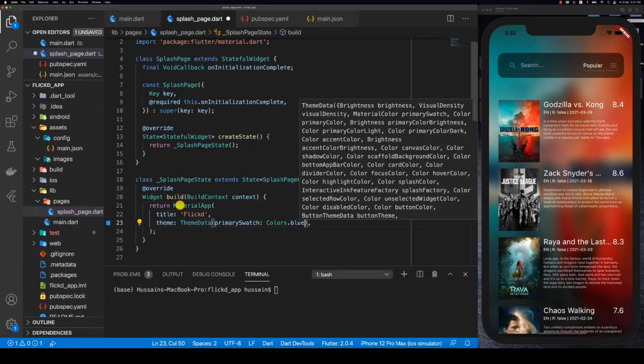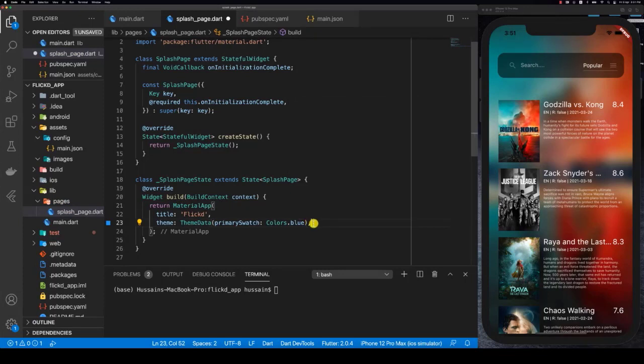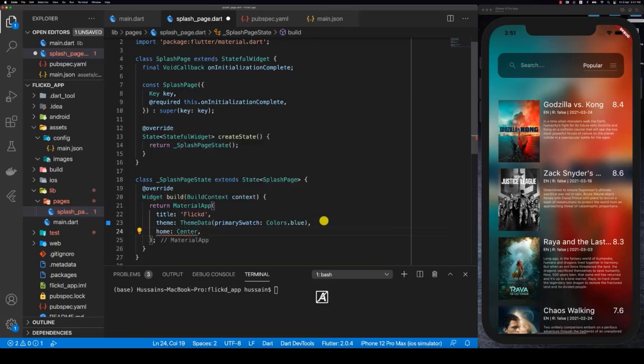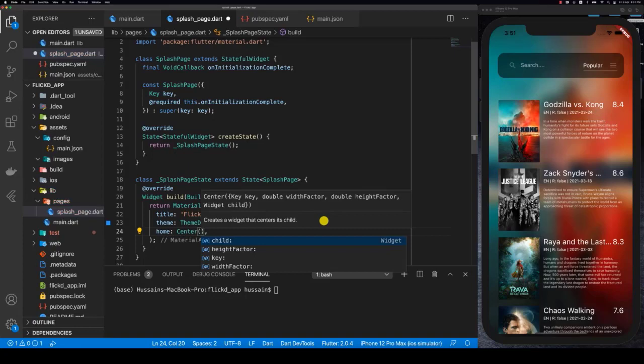And then I'll do Alt-Shift-F to reformat the code so it's easier for you guys to read. And then following that, what I'm going to do is define the home attribute for our material app. The home is going to have this thing called a center widget, which centers everything in the middle of the screen. Because if you remember, if I actually